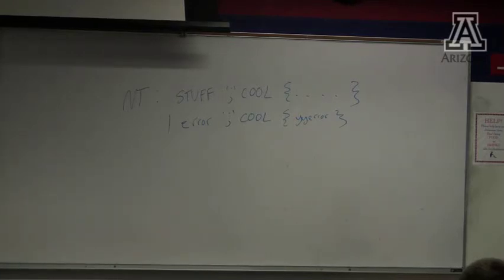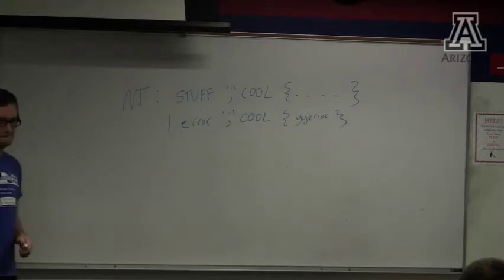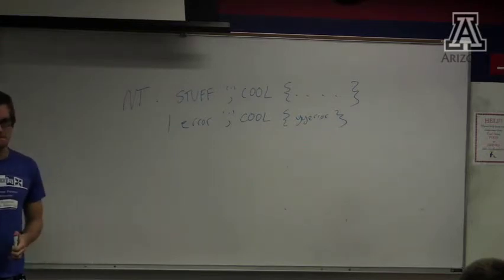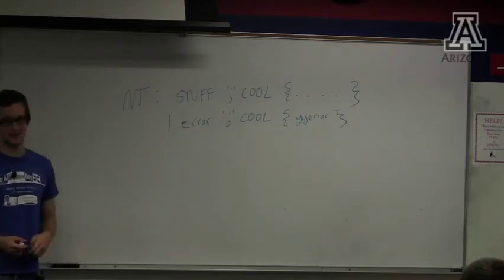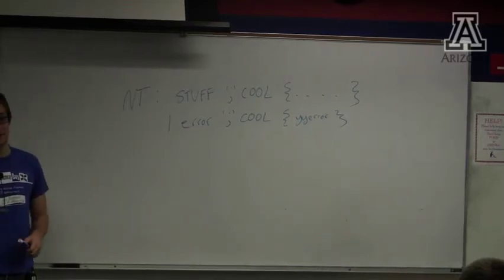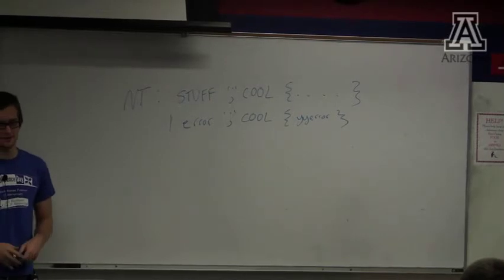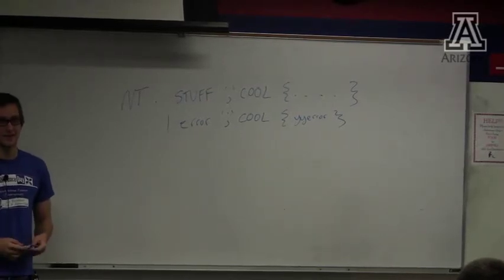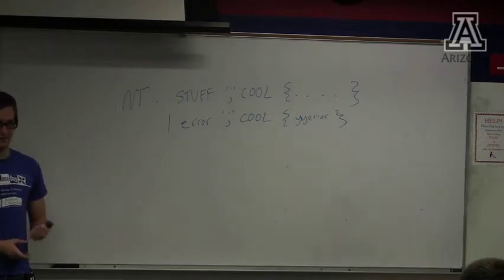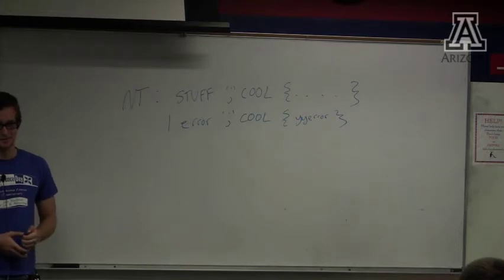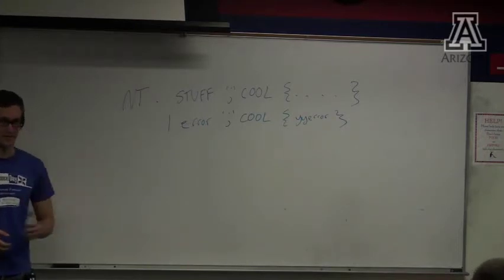Are there any questions on that? Wait, so we're allowed to have 2 error messages as long as they agree? Yeah, because it still makes sense. If you get syntax error on line 7, and then, by the way, on line 7, you forgot a semicolon, it's awesome. Now, if your thing says syntax error line -100, and you probably forgot a comma in line 3000, those are your 2 error messages, and there's no commas in my program, there's not supposed to be, that's a problem. So that'll be okay.